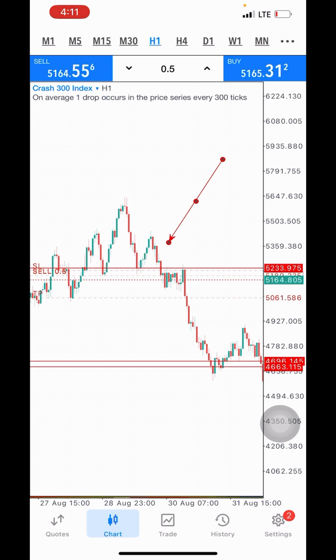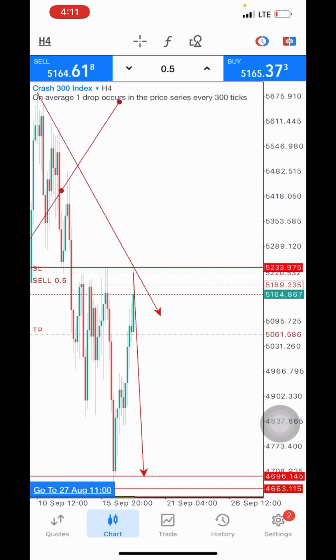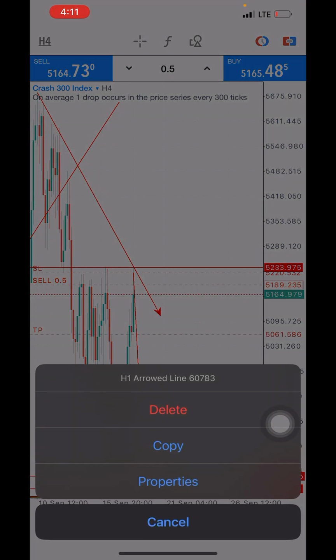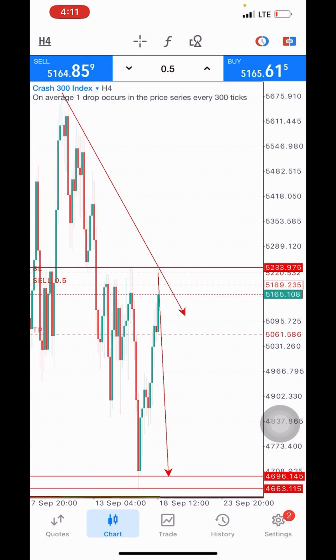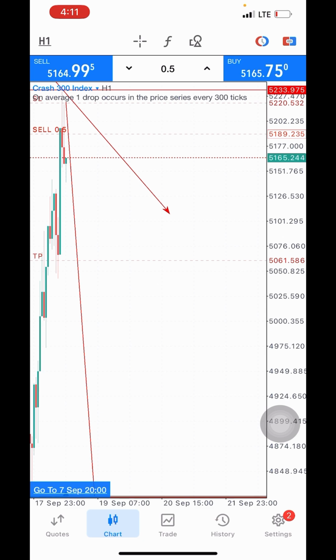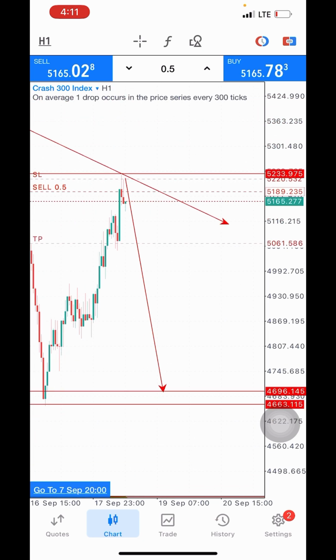Okay, that's why I gave the signal. Then again, another reason I gave the signal at that very point would be candlestick confirmation. So we check on the 1 hour time frame. There's a candlestick that I love trading. This candlestick